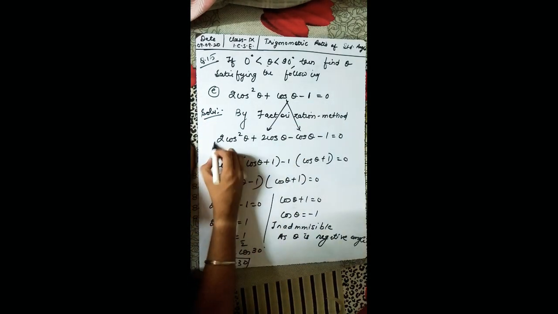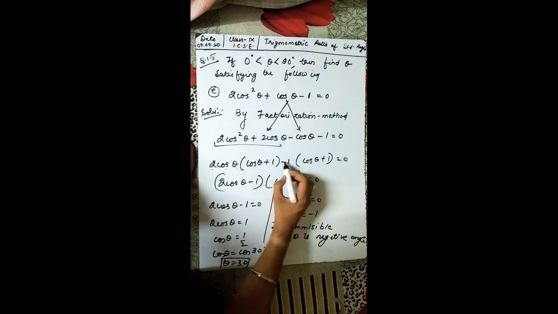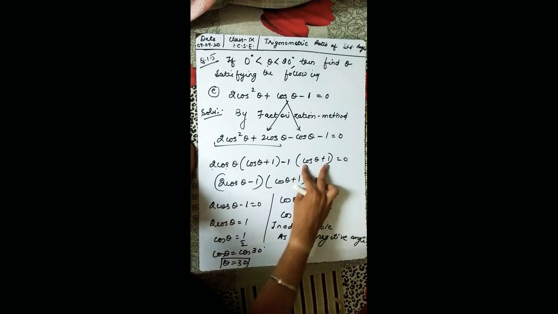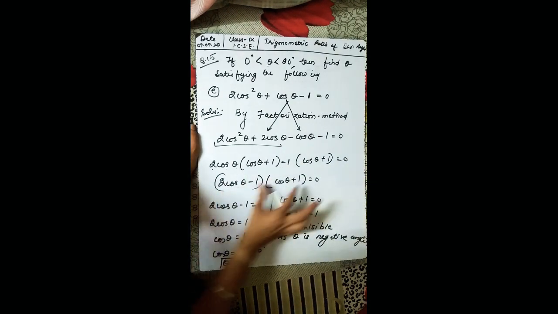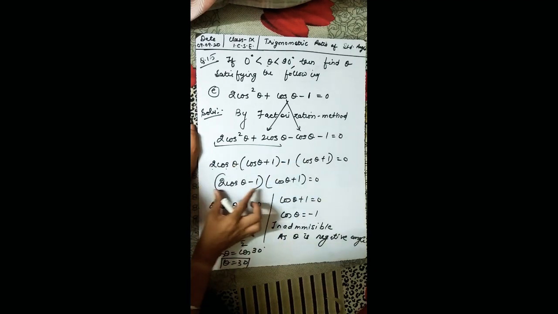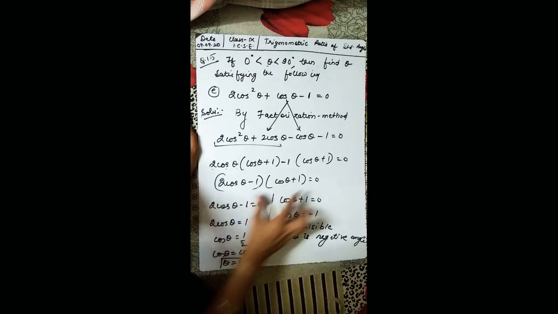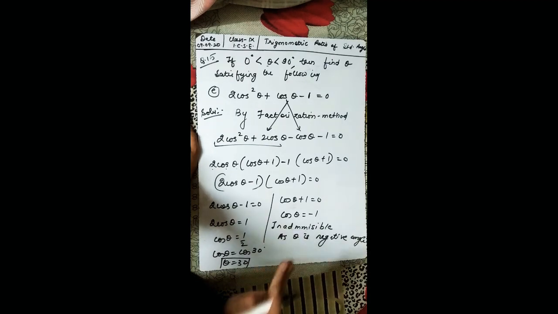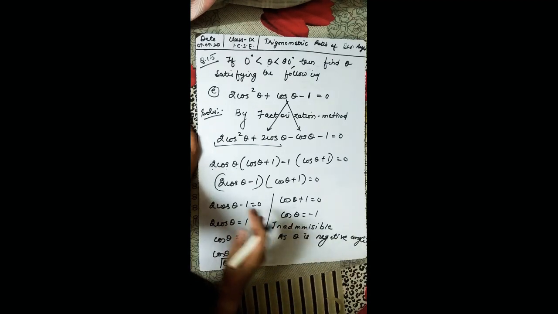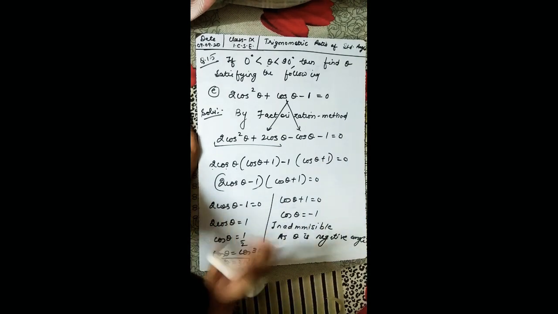Minus 1. Now from here, you can take 2 cos theta common. So cos theta plus 1. From these two you can take minus 1 common. So cos theta plus 1 equal to 0. Cos theta plus 1, cos theta plus 1 here, and 2 cos theta minus 1 is here. Now you need to put both the factors equal to 0. Okay, so this equal to 0 and this also equal to 0. This is the way of solving the quadratic equation, which you will deeply learn in the 10th class. But you have somewhat highlights, so you need to understand the things.